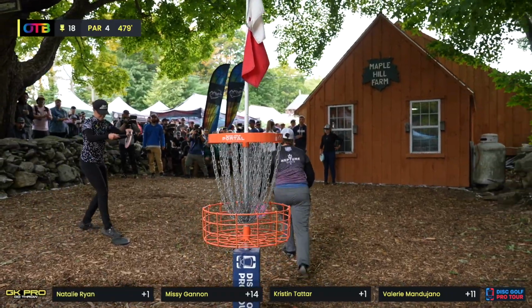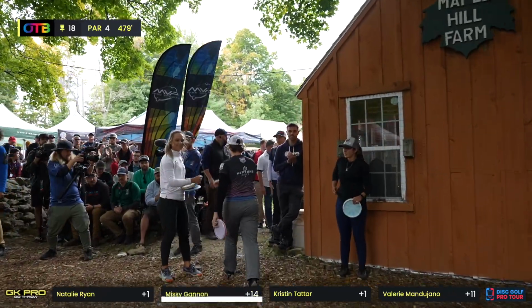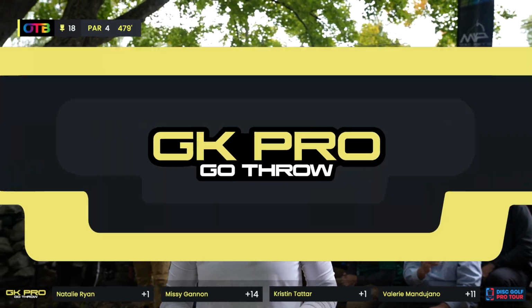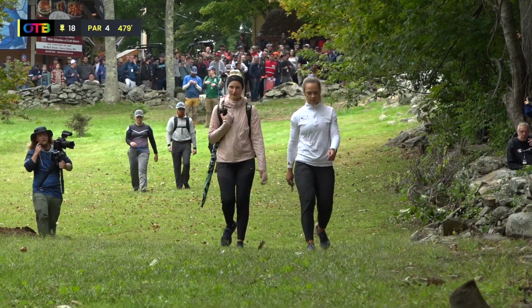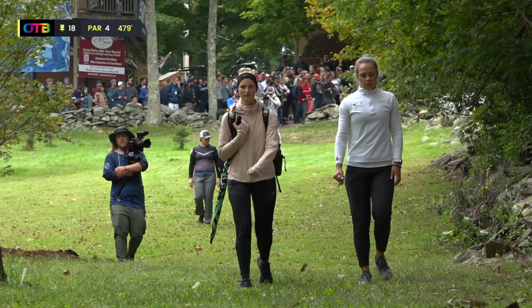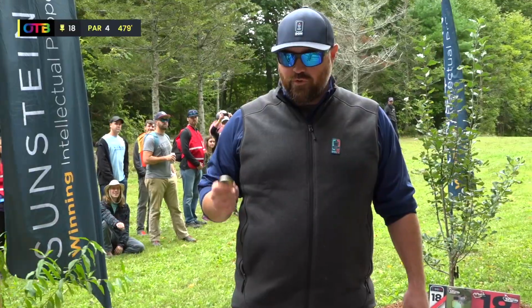I believe they will start on hole 18. Yeah, it's just 18 and 1 in a loop. Such a hard loop. The players will check their scores. Yeah, head back to 18. So Kristin Tattar tying the course record as well. 7 players shot 1,000 rated today, which is...